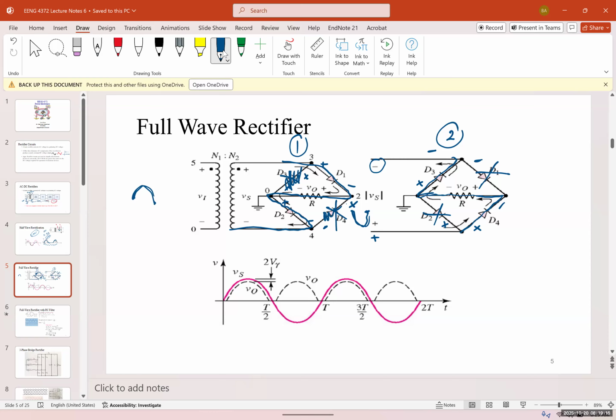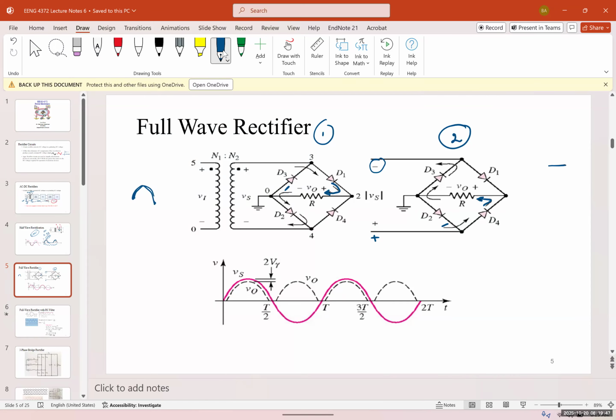Now the genius thing about this design is the way that the current is passing through the load. Can you tell me the direction of the current passing through the load in scenario number 1 and 2? Is it going from right to left or left to right? Through the R. So what is the direction? Right to left. So for both of them, the direction is right to left, meaning on the right you have